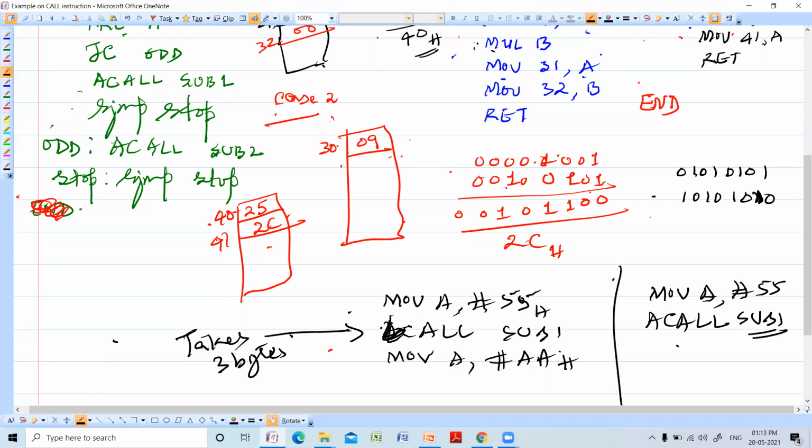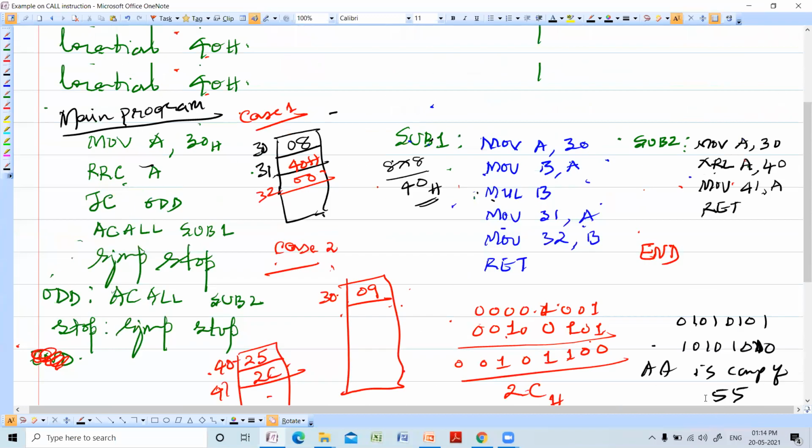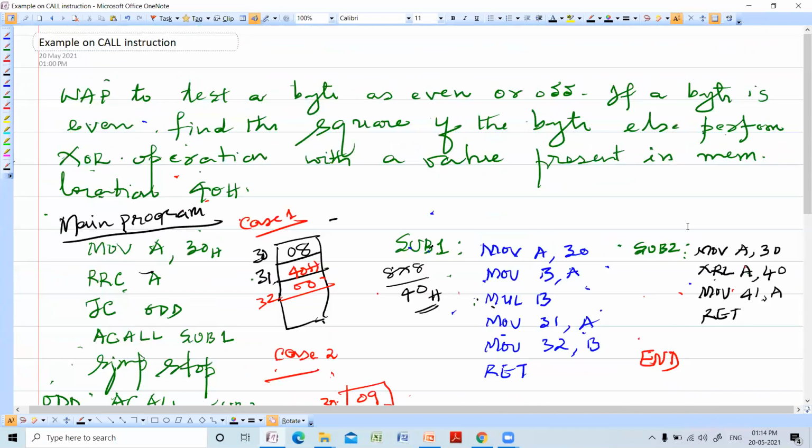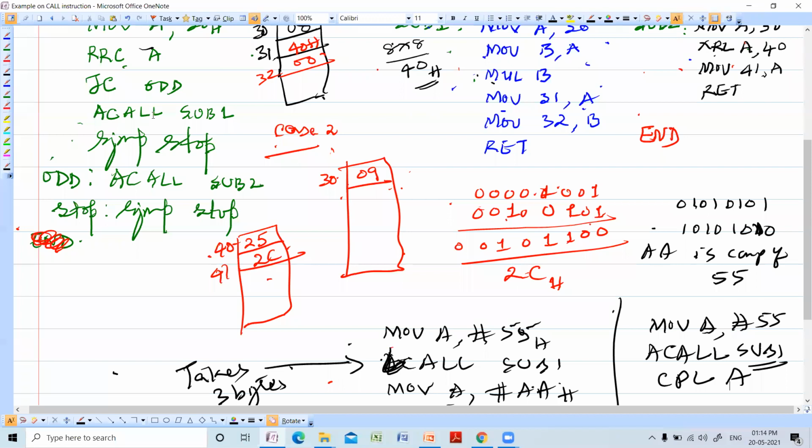A is the complement of 55. So rather than writing MOV A, #0AAH, you can write CPL A, complement A. That is how this program is optimum. This is the optimum way of writing the program. So that is the concept.